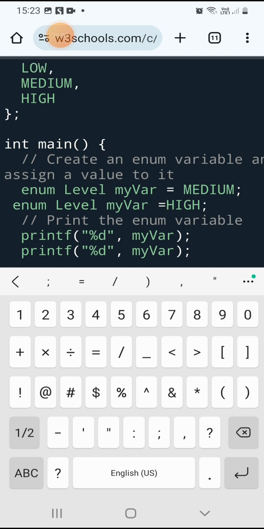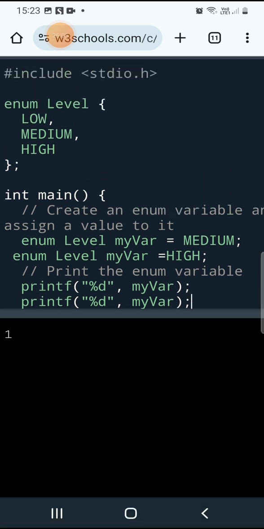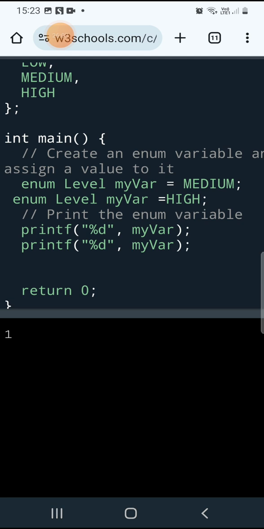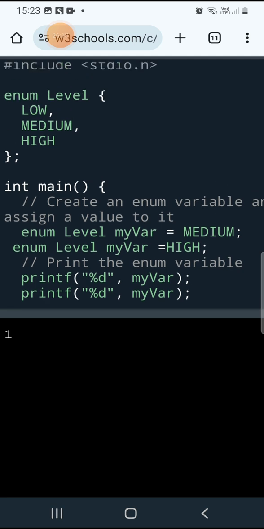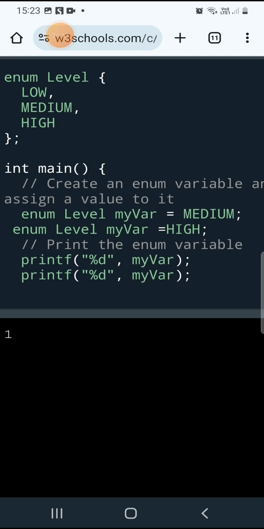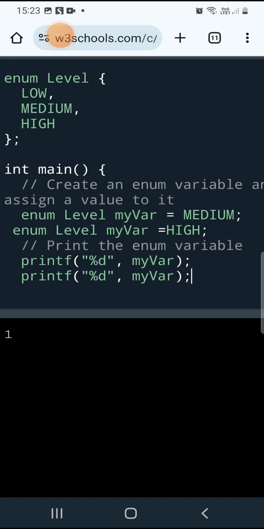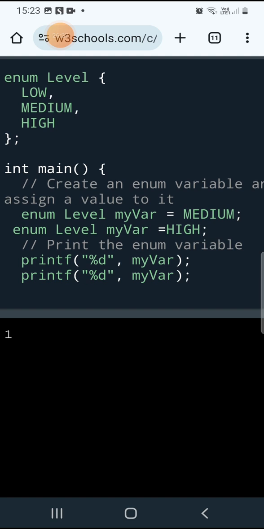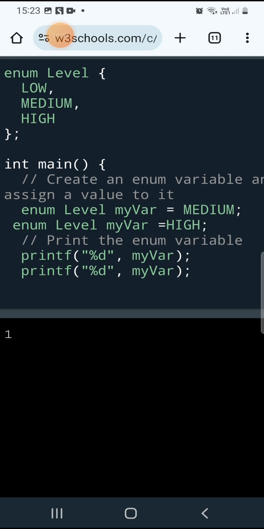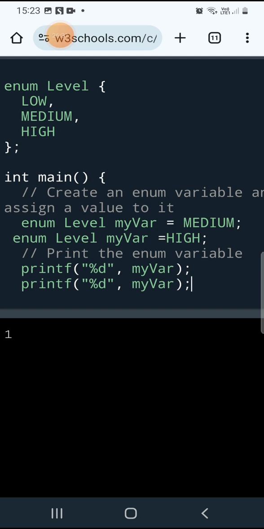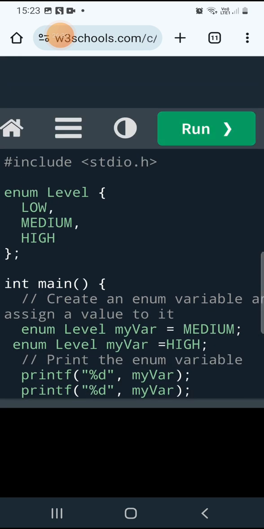Understood that, now you have assigned two values to your my var. This is a variable created for that enum group named level. So for these two values, if you want to get them, you write the same code, but that moment it will give an error. Why will the error be given? Let us see. Whenever you run this code,